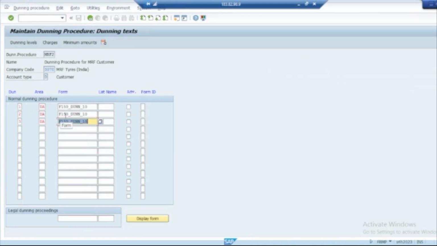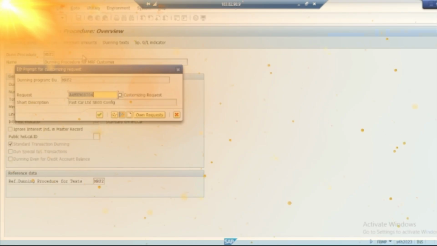After inserting the form, in case the customer has different target languages, we can use the languages here, and here we use the legal dunning procedure. It has to be there. Now everything is fine. Just go back, save it,